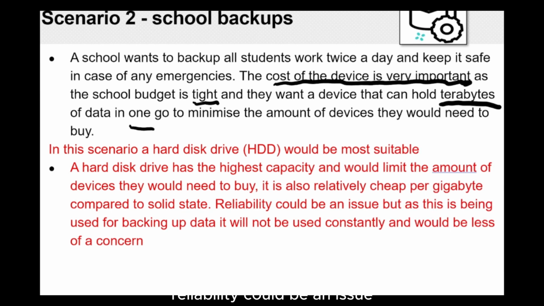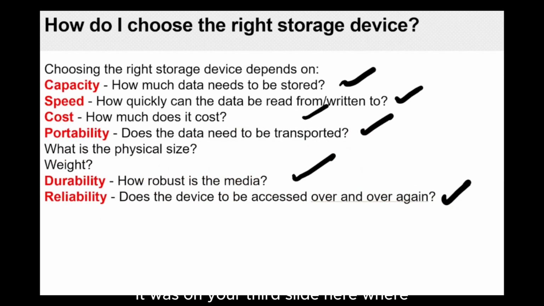Reliability could be an issue, but as this is being used for backing up data, it will not be used constantly. You might ask where I got all these terms like reliability and cost. It was on your third slide, on how to choose the right device: